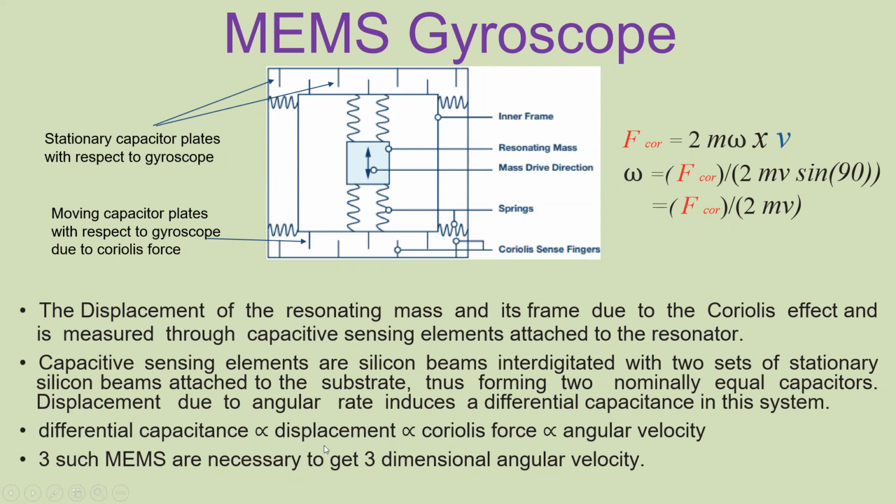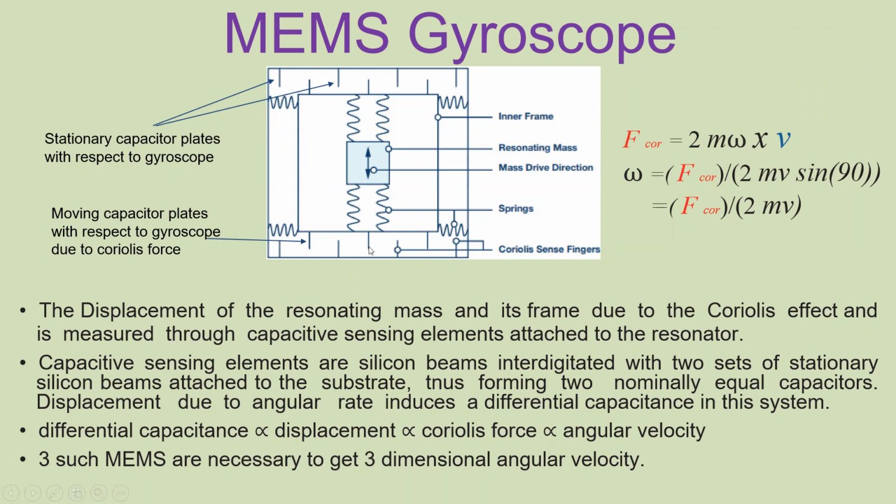So how does the displacement take place? Displacement takes place due to the Coriolis effect, as I explained. And you can see from this equation that the Coriolis effect is proportional to the angular velocity. So F Coriolis is equal to 2mv